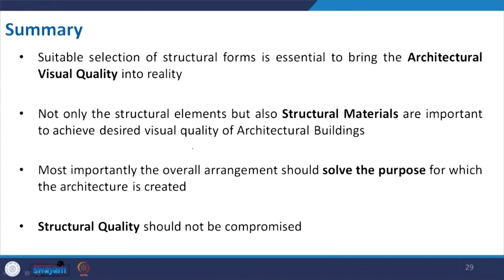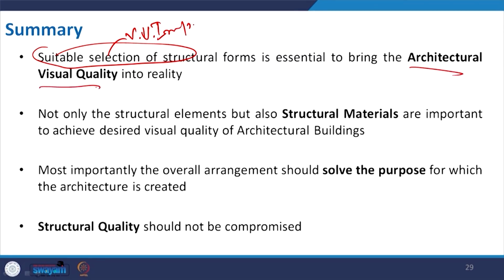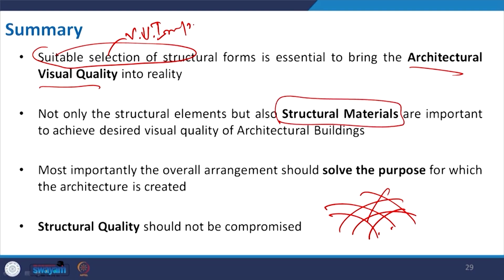Coming to the summary, we summarize this particular lecture. In this we learned about architectural quality. So, suitable selection is very important. It is essential to bring the architectural visual quality into reality. If we want the quality of an open form, then that should be very light, and that should be supported. Not only the structural element, but also the structural material, as I mentioned in the last two slides,